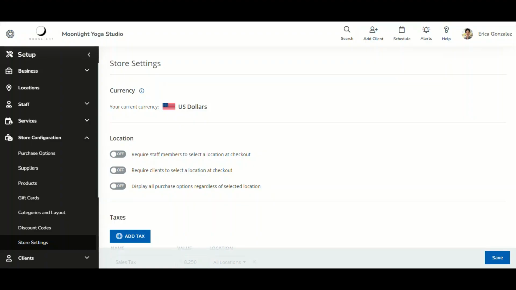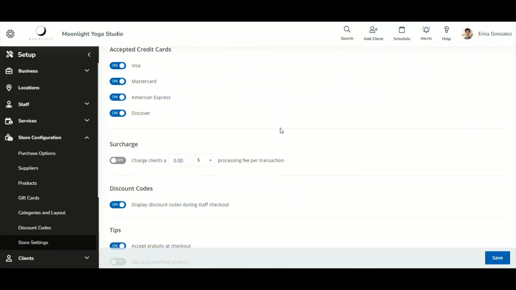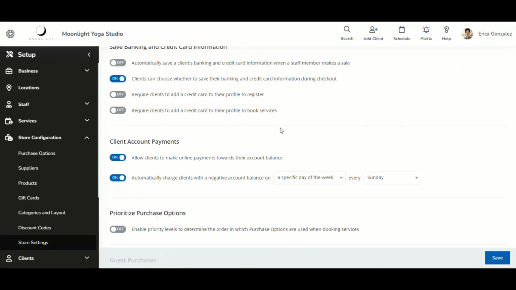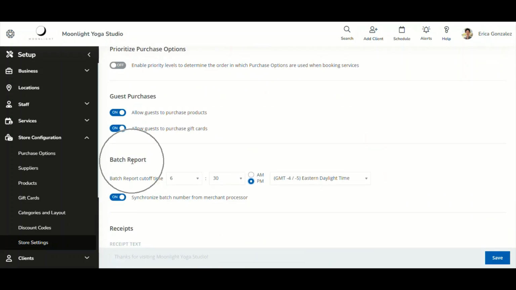Hello, my name is Erica Gonzalez, and today we will be walking through the new improvement now being able to specify your batch cutoff times. I have arrived here into store configuration from the setup into store settings. When I scroll down, I am now able to see the new setting to be able to configure my batch